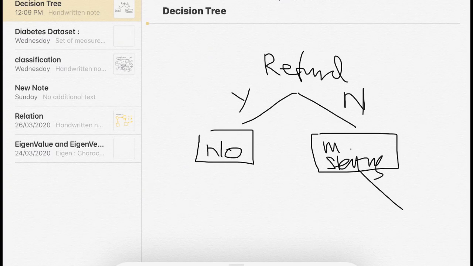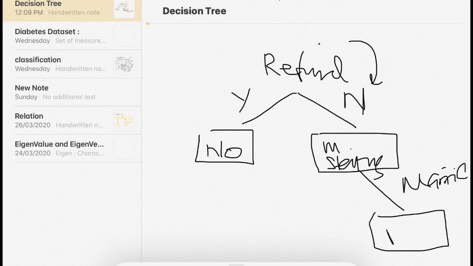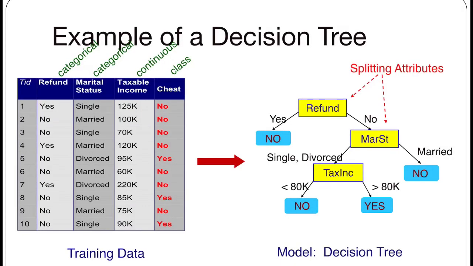So say that if refund is no, but with marital status married, then the class label of cheat will always be no. However, with another category or value of marital status, that is single or divorced,